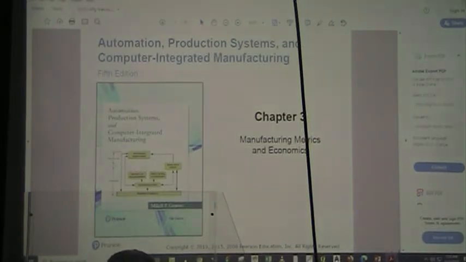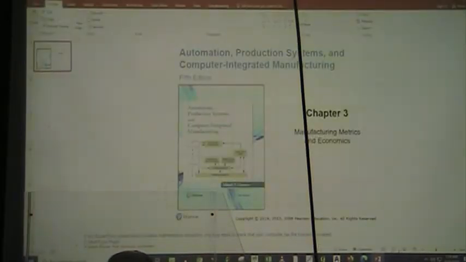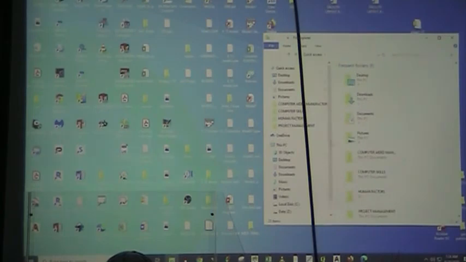Now, none of this information is anything that's different from what is in the book. The information that's different than what is in the book is my commentary on the slideshow as we go along. All right, so I am going to go ahead and close that and open